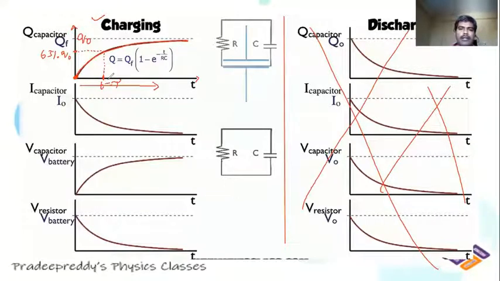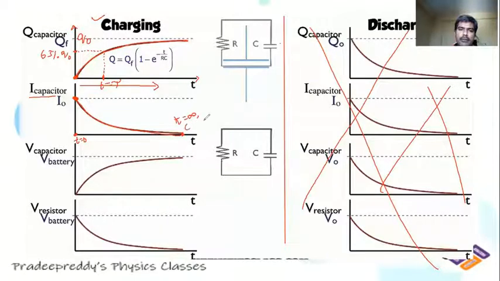Next, let us now plot the graph for current across the capacitor. Now, as we know, when time t is equal to 0, what would happen to the capacitor? The capacitor acts as a conductor. Therefore, there will be maximum current at time t is equal to 0. Check it. At t is equal to 0, I is equal to I naught. That is the maximum value. As time goes on, the charge on it increases, and the current goes on decreasing. Finally, it attains the value 0 after some instant of time, like t is equal to infinity.